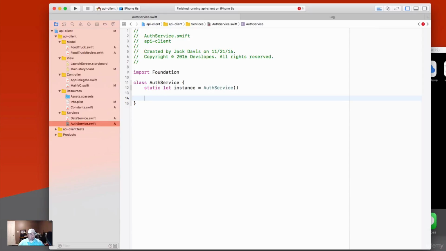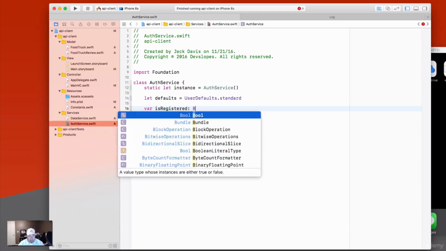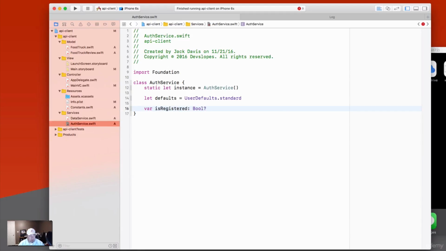All right. So to start with, we need to set some computed properties on here. So let's go ahead and do that. First thing I'm going to do is say let defaults equal UserDefaults.standard. Now the reason I'm doing this is just so I don't have to type this out all the time. I can just use defaults. So for our computed properties, I'm going to have one called isRegistered. And it's a bool, not a book, an optional bool. And we're going to have a getter and a setter. So for our getter, we're going to return